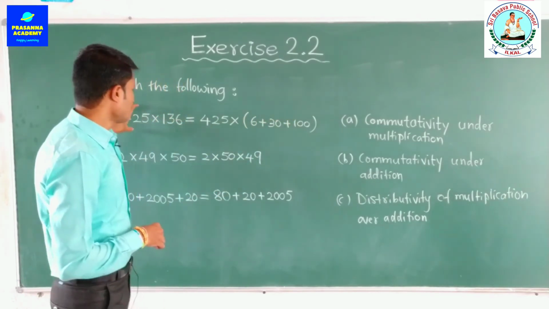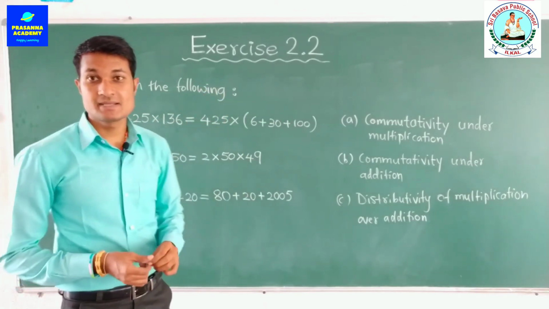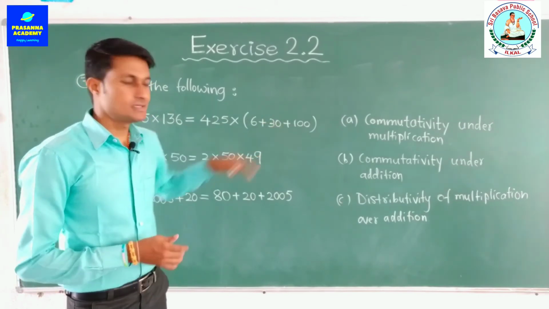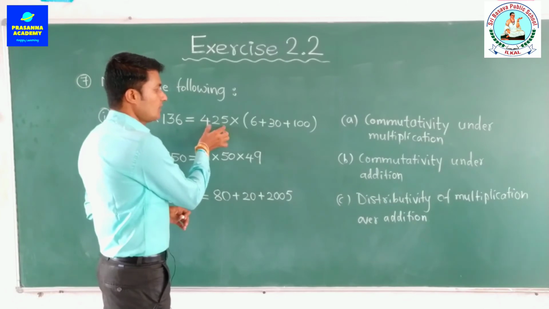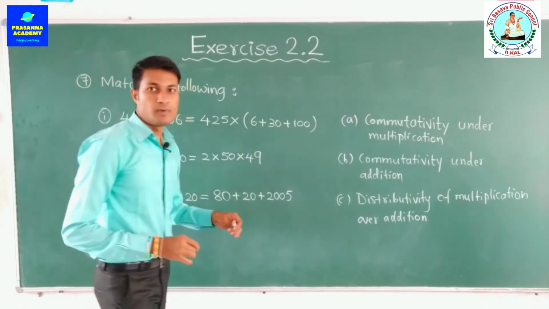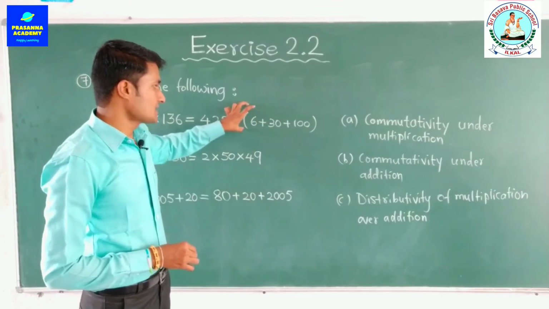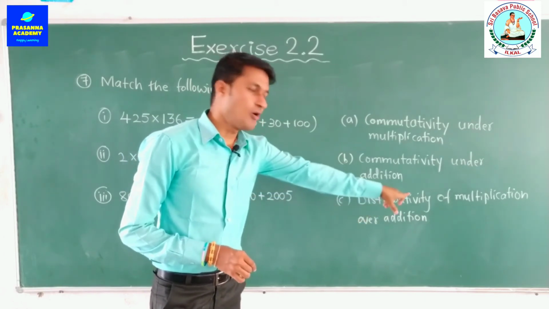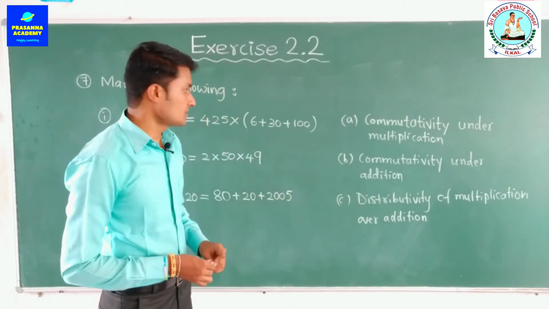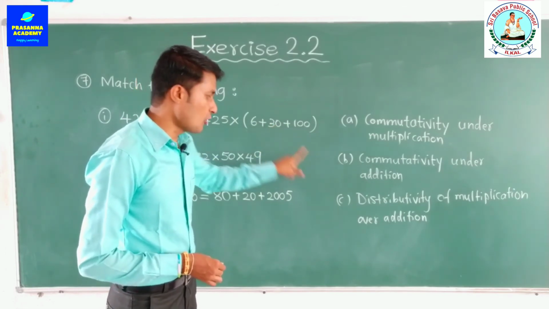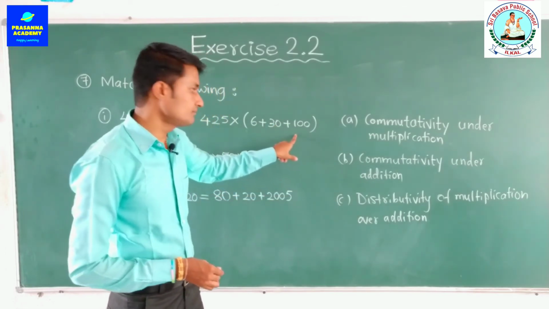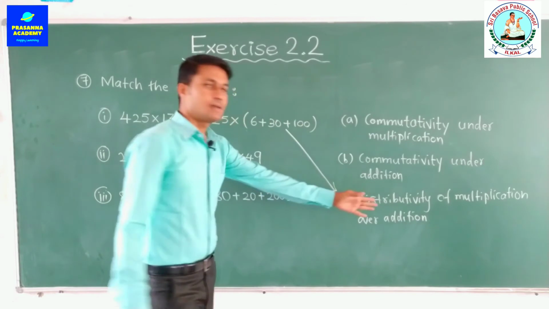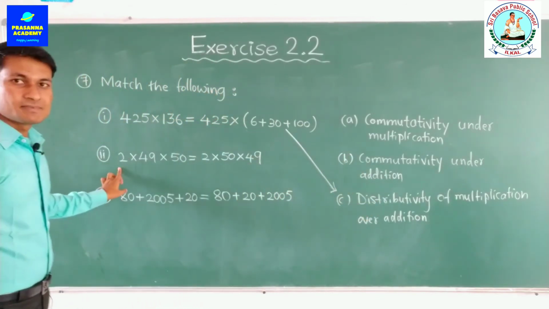So when you break a number and keep it inside the bracket, it is usually the distributive property, right? Just observe here, distributive property of multiplication over what? Over addition. So the correct match for this problem, where is that distributive property? Here it is, distributive of multiplication over addition. So that is why the match for the first problem is option C. So you can join like this, or else you can write the serial number also, right? Let's take up the second problem.